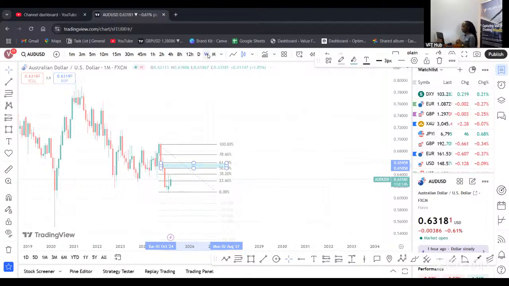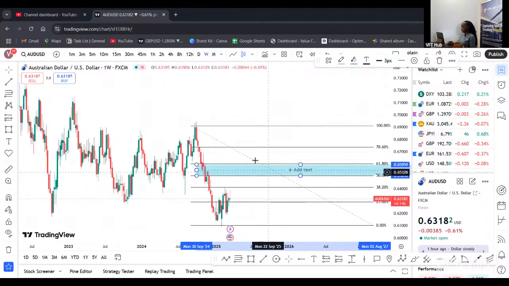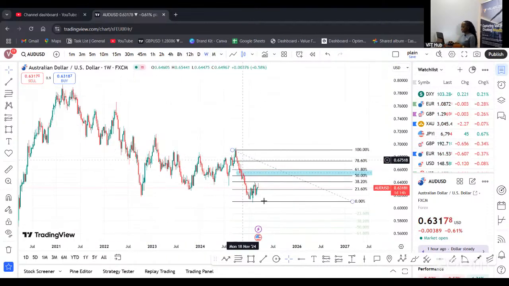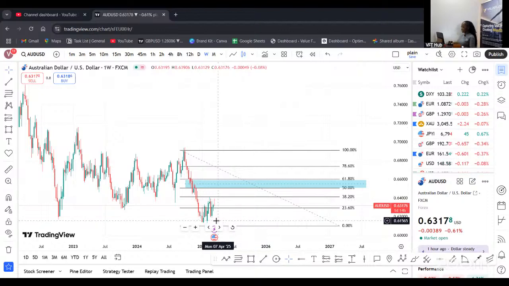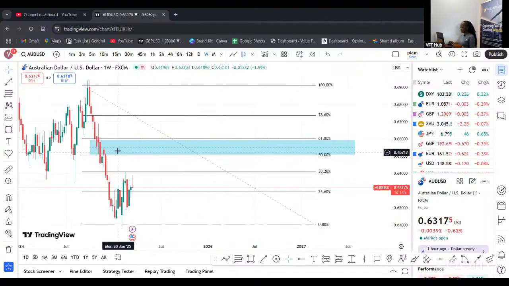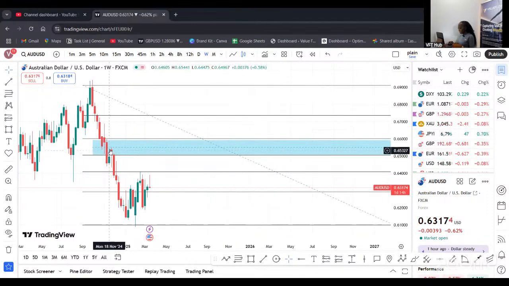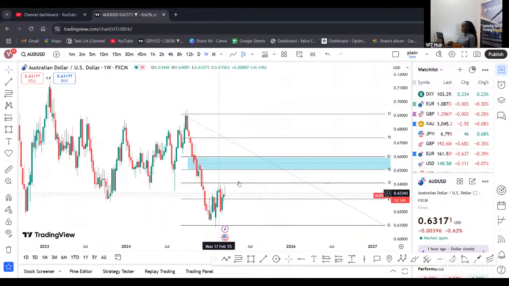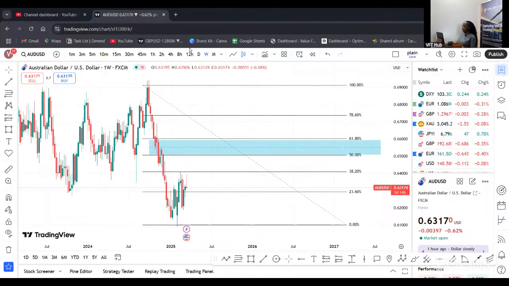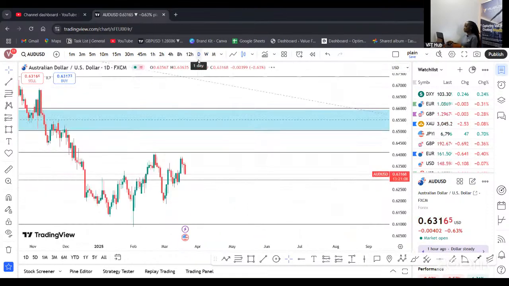So let's go ahead and look at the weekly time frame. On the weekly time frame, same thing. Our trend is to the downside. Price came here, found some sort of support that has pushed it back up. So I'm expecting price to come back into this zone, find resistance between this or this. There's also a resistance point right at this level here that should hold. So price should turn back into the zone, and we're going to be looking for sell opportunities of the Aussie